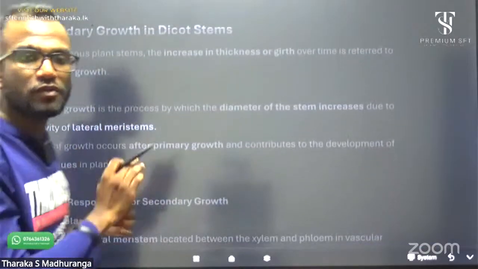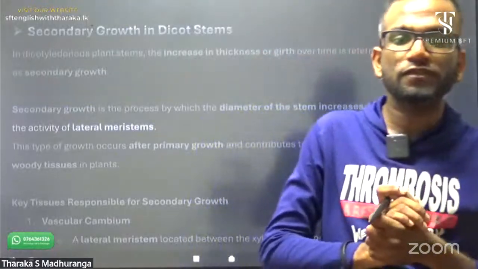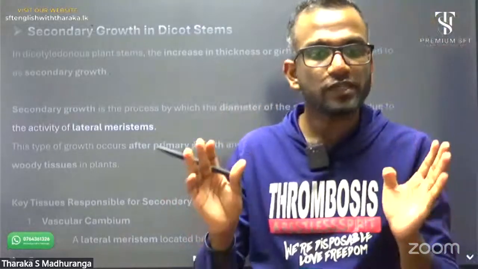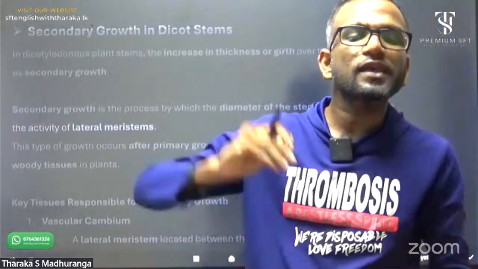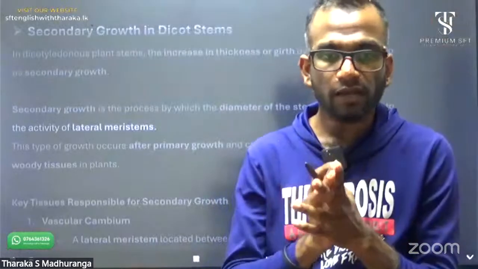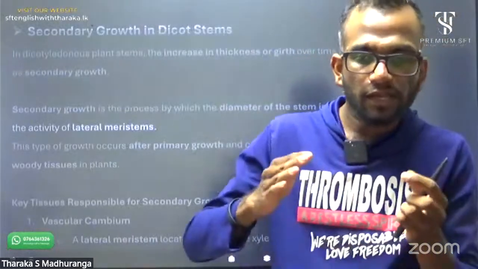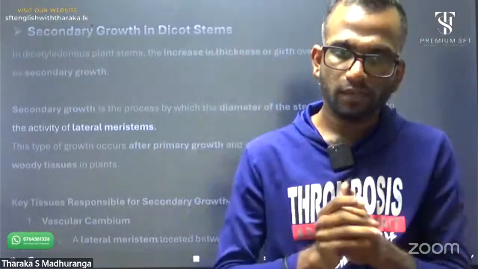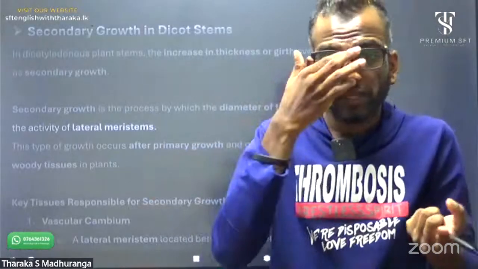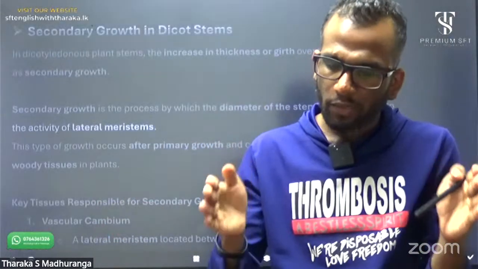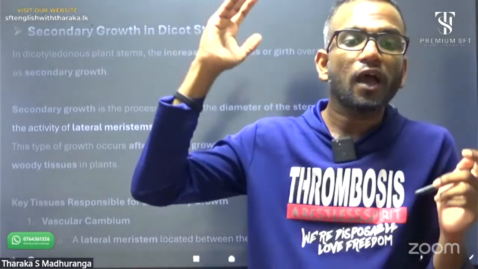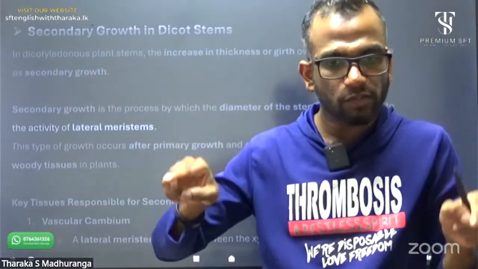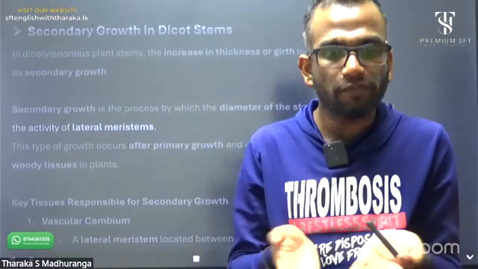Okay. Secondary growth of dicot stems. What's the meaning of secondary growth of a dicot stem? Primary growth means an immature stem, and it means an increase in height. Normally in primary growth, a plant gets some regular thickness and increases in height. Think about a dicotyledon, a normal mango tree. It gets some regular thickness of stem and increases in height. That's primary growth. The primary structure you already know: it contains vascular bundles arranged in a circular way, right?